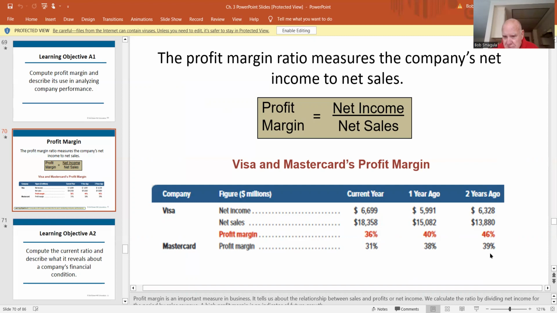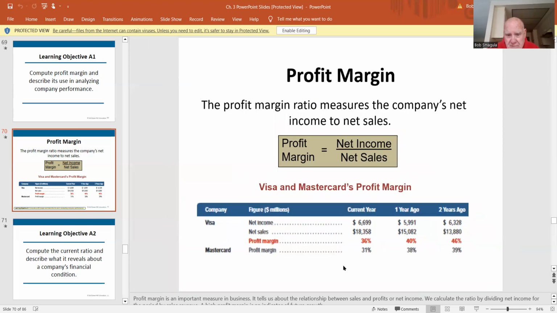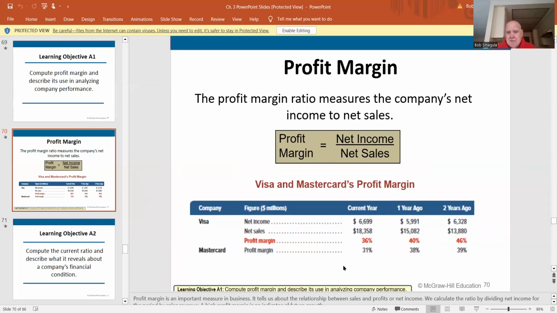And if you look at MasterCard, their numbers are not quite as good. But it's interesting to note that the number is coming down. And there are probably reasons for that that I can't go into right now. But maybe people aren't using their credit cards as much. They're worried about inflation. The pandemic put people out of work for a while. And maybe they're just not generating the same volumes.